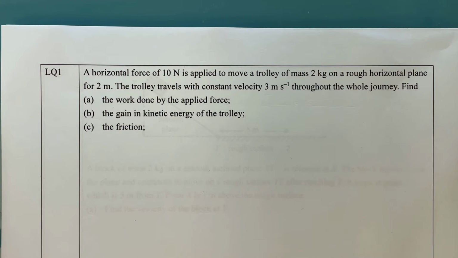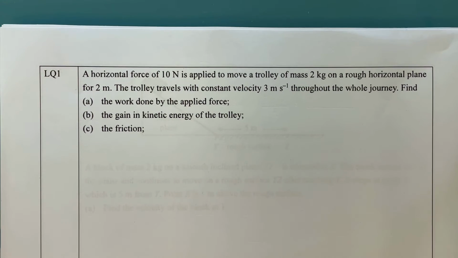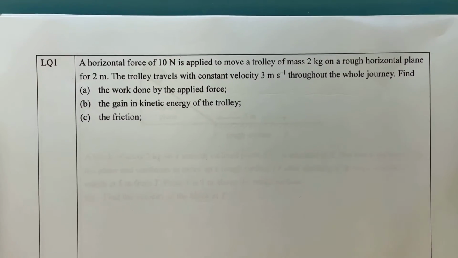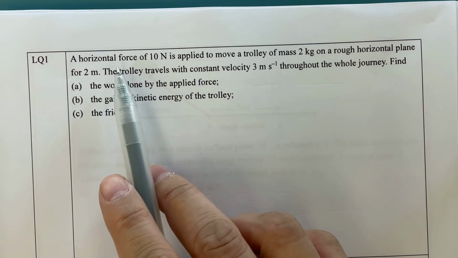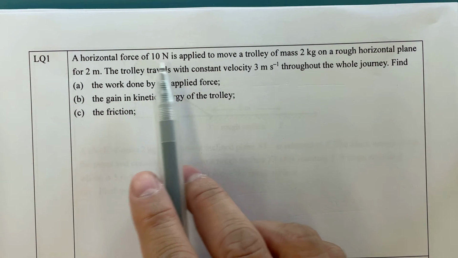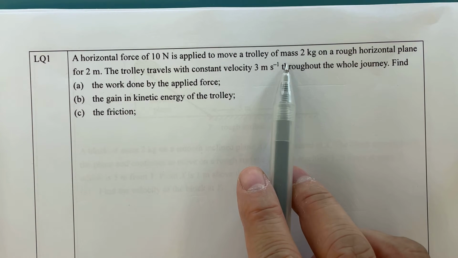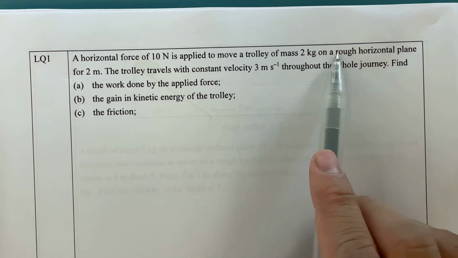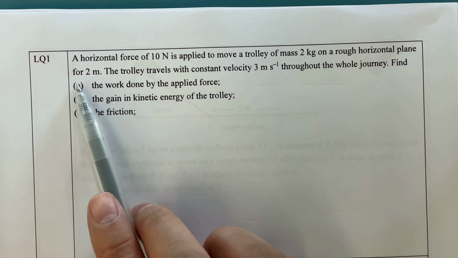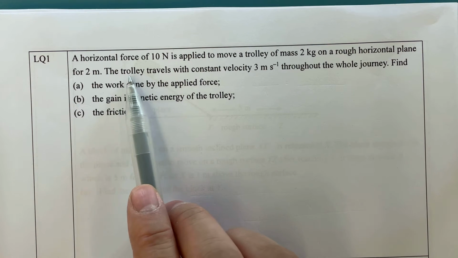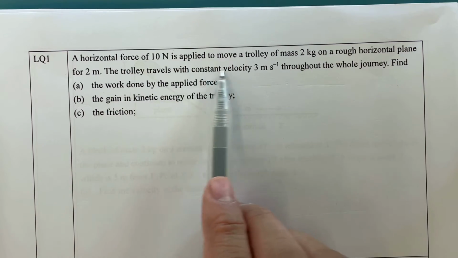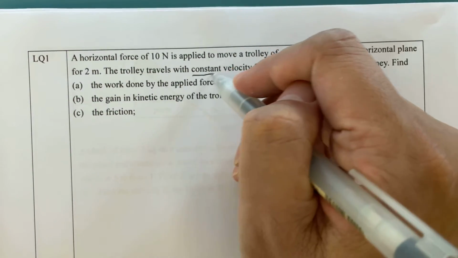Okay, welcome back to the Book 2 revision exercise, chapter 6. So we are starting the long questions. There is a horizontal force acting on a trolley, and the mass of that is 2 kg on the rough surface, and it travels for 2 meters. And if the trolley travels at constant velocity, you need to be aware of these keywords,